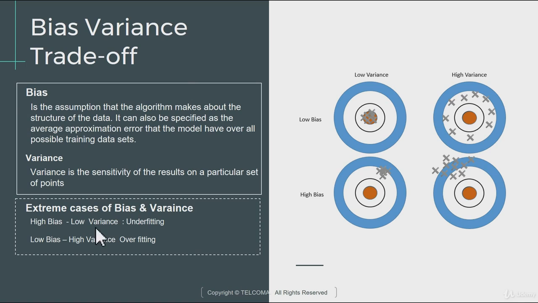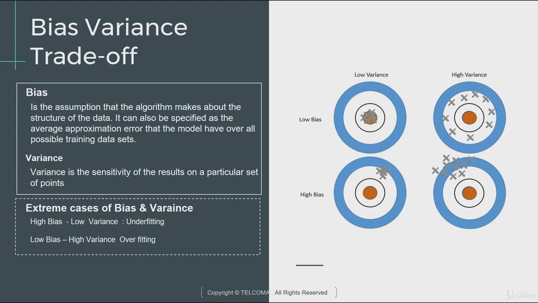High bias and low variance is a scenario which is very undesirable, and similarly, low bias and high variance. So there are different techniques that you will put in place to overcome these scenarios. If you have high bias and low variance, what step would you take to improve the model? If you have low bias and high variance, what will you do to improve the model? That's bias variance trade-off. I would highly recommend all of you to read further on this topic and understand this topic